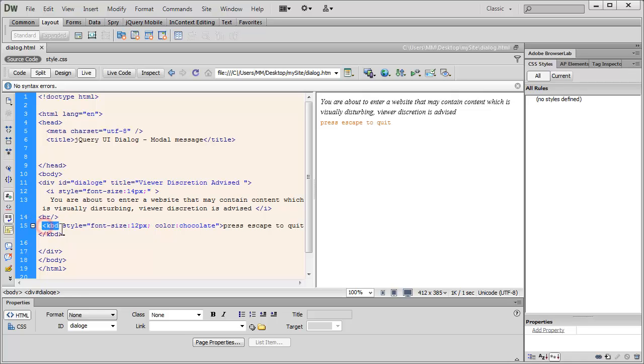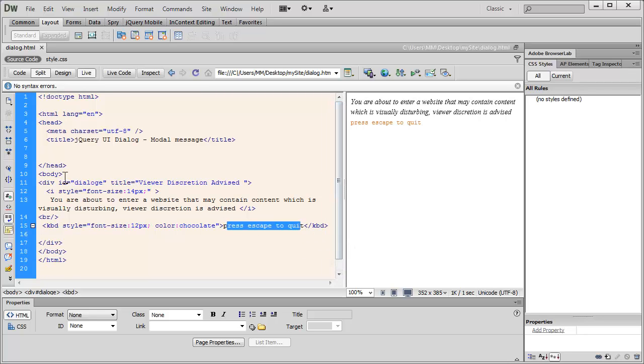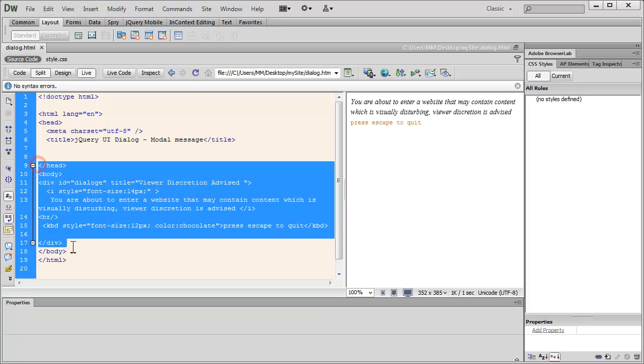Then in between the opening and the closing KBD tags, I'm using inline style again, setting the font size to 12, color to chocolate, giving out a message to my viewer saying that press escape to quit the dialog box. That is right. Okay, so now people, this project uses jQuery UI, which in turn uses jQuery UI JavaScript package, the JavaScript